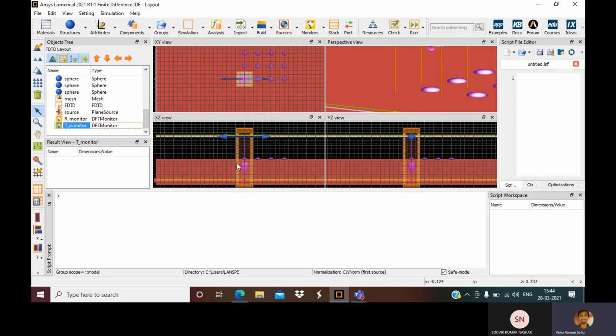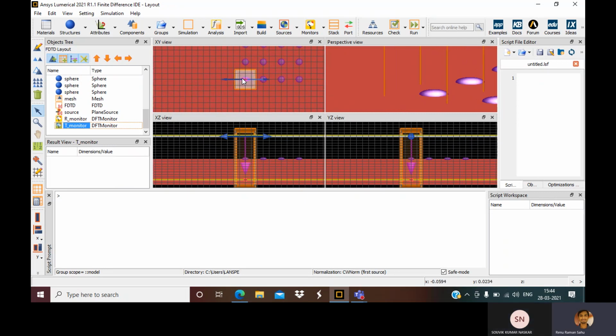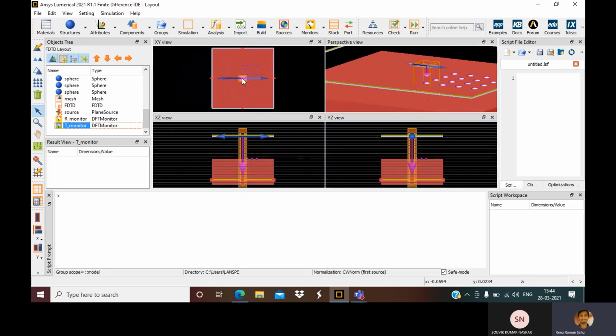So now we have all our setup. For the XZ view, it is still inside the FDTD region, but for the XY view, I cannot see the monitor. You cannot see it because it is not zoomed out, and all the monitors are overlapping on top of each other.